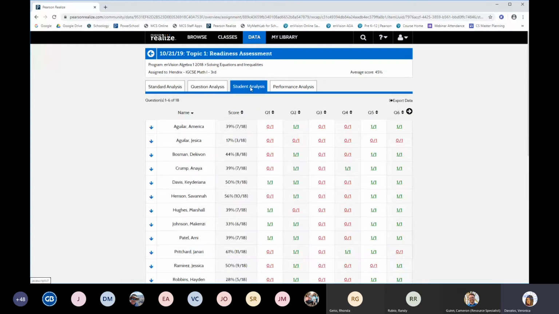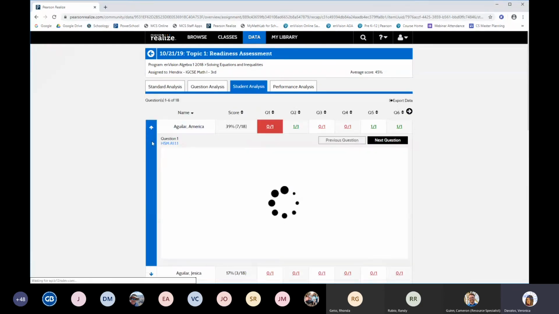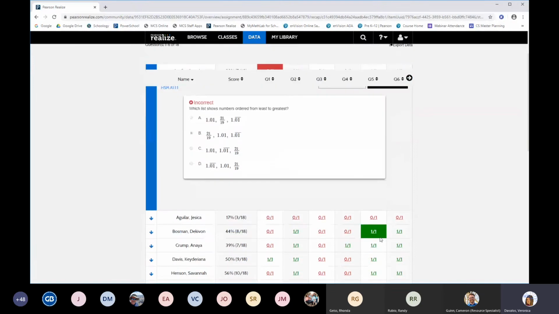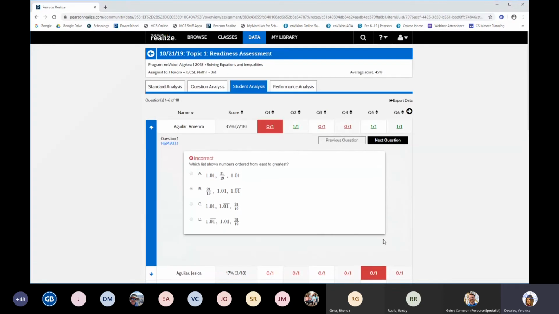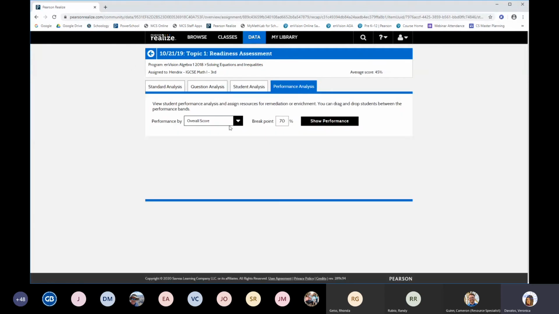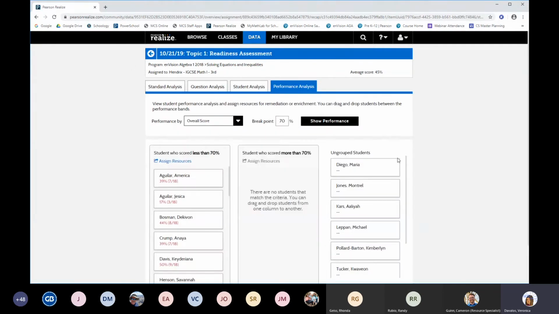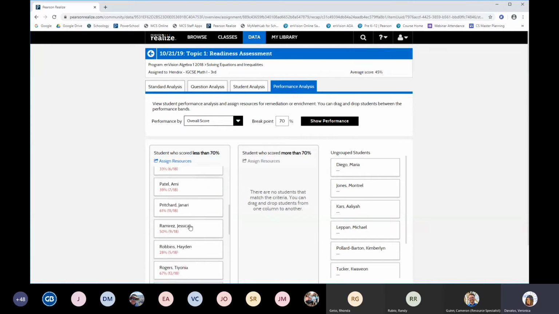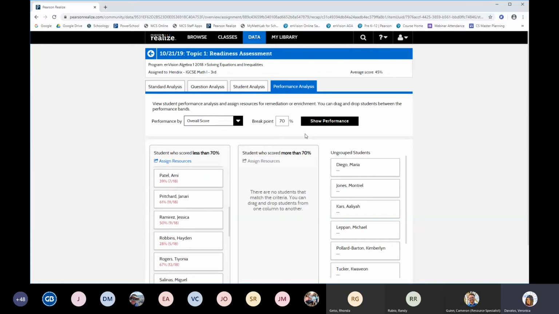If I want to look at specific students, I go here and look at what they did question by question for all of these, and just click on each of these to get more information on that. The performance analysis is where you would break it down by a specific breakpoint. This was a readiness assessment. All of these students scored less than 70%. Nobody scored over 70. But if I change that to maybe 50,